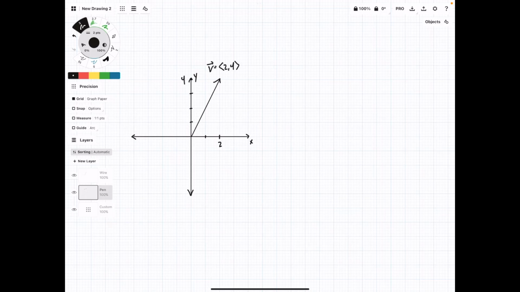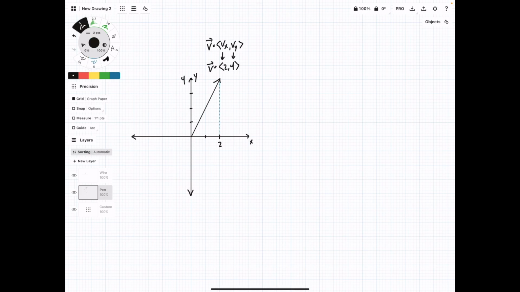In this video, we're going to talk about finding the magnitude of a vector, and we're going to start off with a vector in 2D space. So our vector v here has a vx component of 2 and a vy component of 4. In two-dimensional space, if we want to figure out what the magnitude of this line is, or the length of